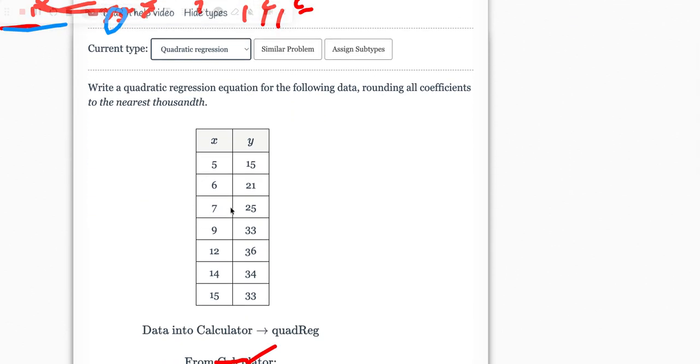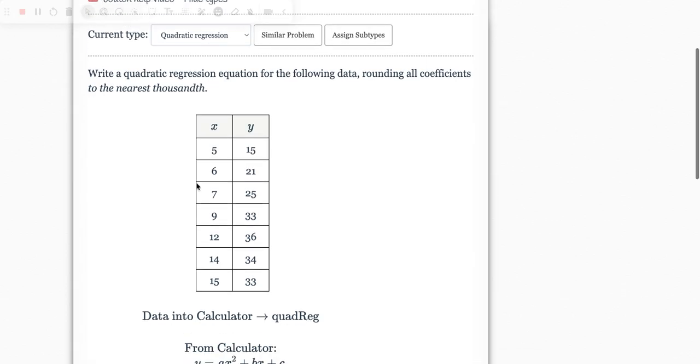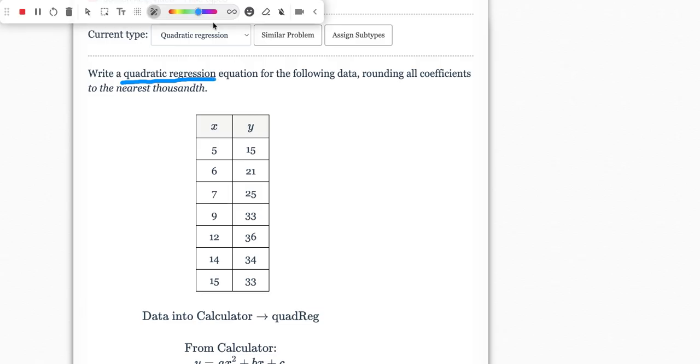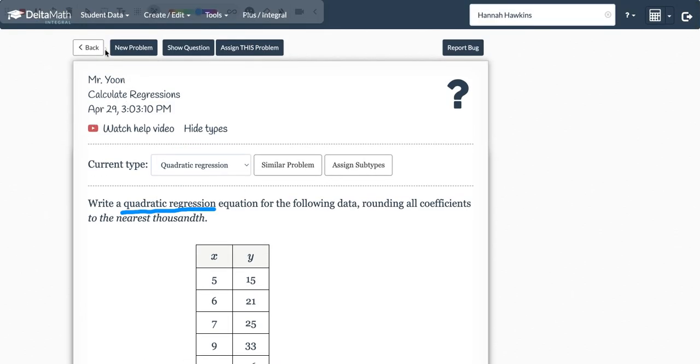These points, and I know you don't see exactly where they are, but they're going to roughly form a parabola. And that's why it's telling you this time don't use the linear regression, don't use a line, use a quadratic regression. And you can still copy the values in,